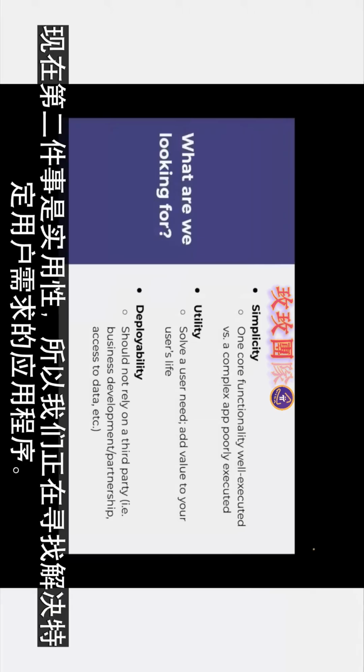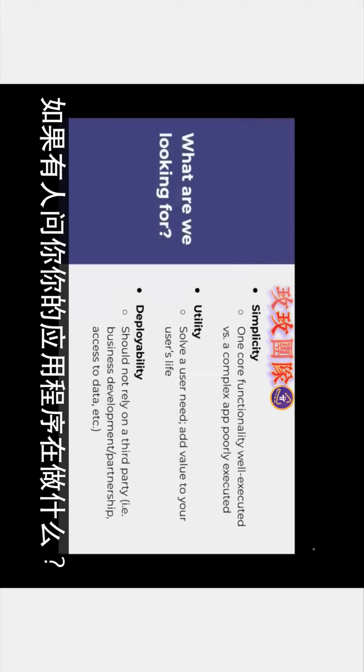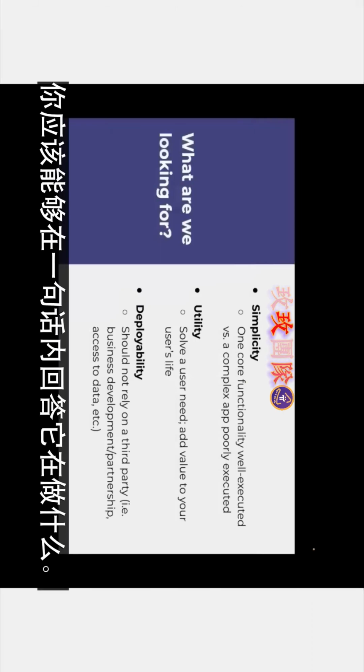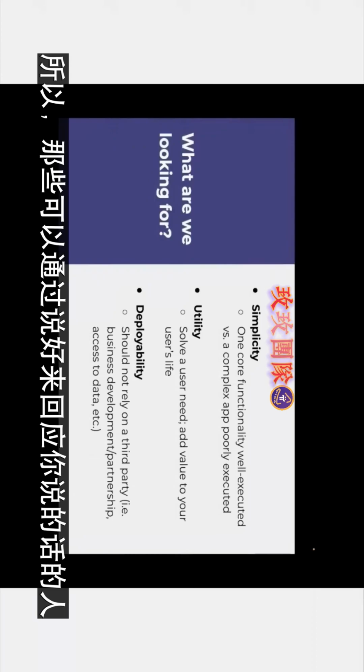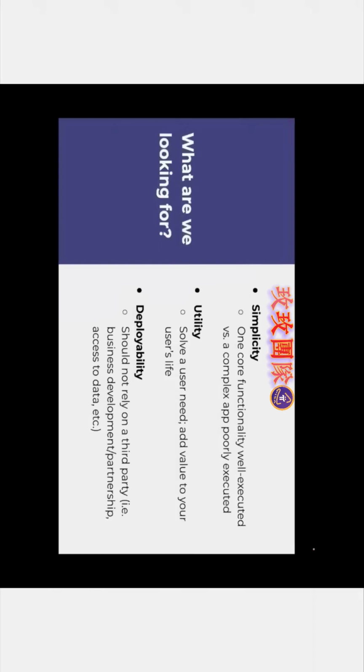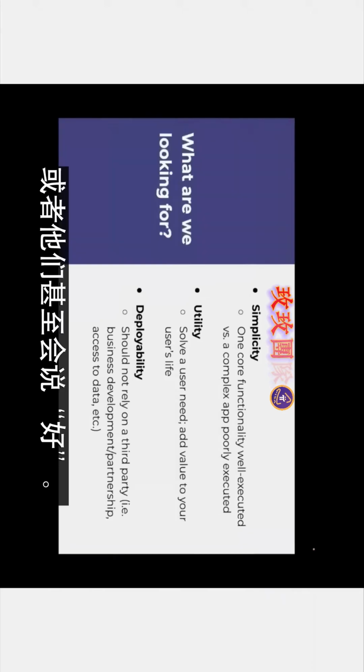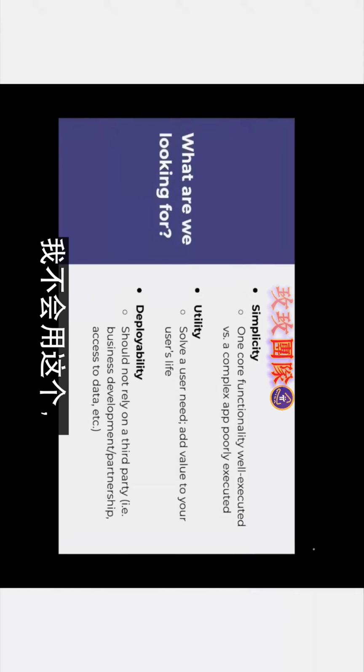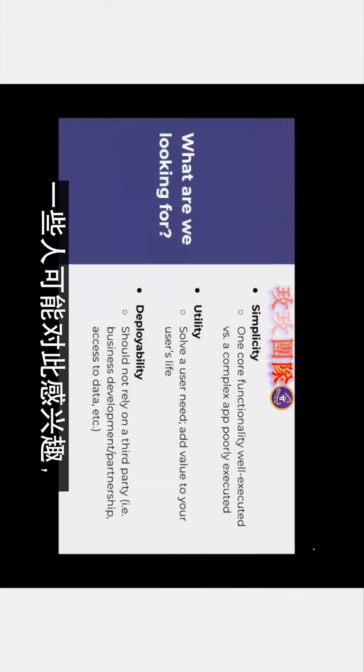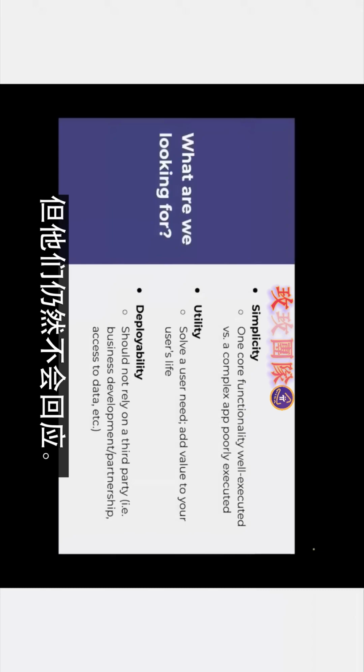Now, the second thing is utility. We are looking for apps that are solving a specific user need. So if someone asks you, what is your app doing, you should be able to respond within one sentence what it's doing. And people could reply by saying, okay, that sounds useful, that sounds interesting. Or they may even say, well, I wouldn't be using this, but I get it. Yeah, some people may be interested in this. But still, they're not going to respond